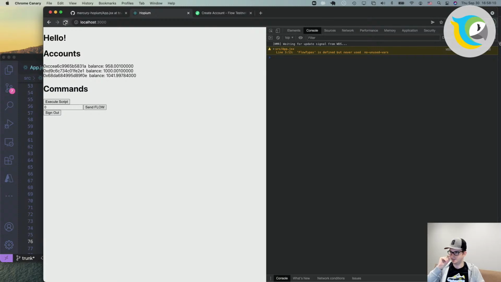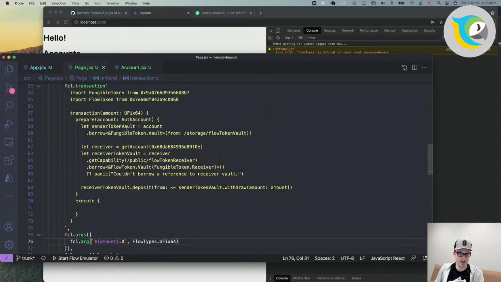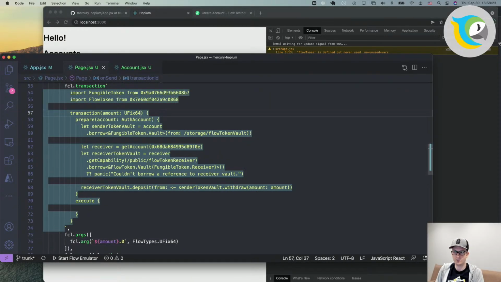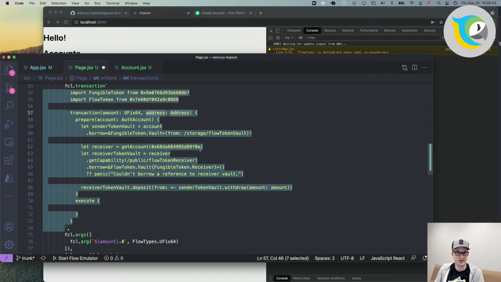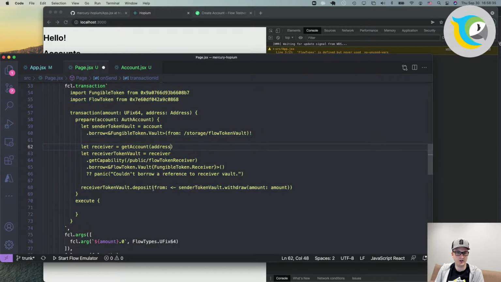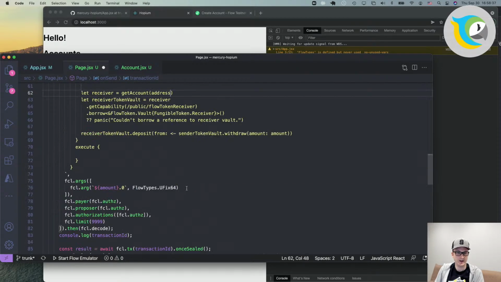It did. Okay. So we're able to send specific amounts of flow to this one account right here, because that account is hard coded. Before we leave off, let's add this address field right here, so that we can send to all kinds of addresses. And let's use it right here. Okay, now we just need to feed it with an argument,